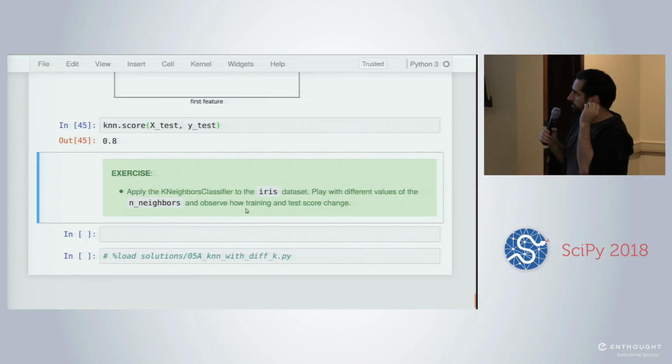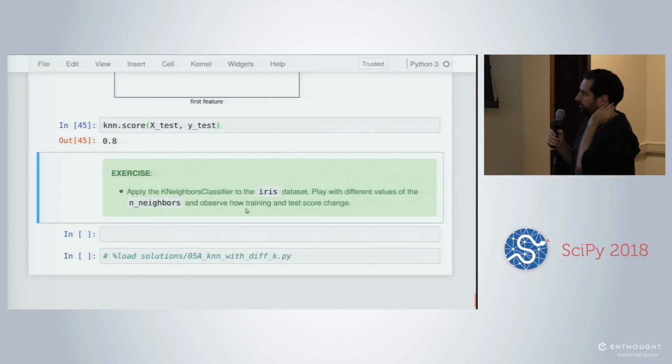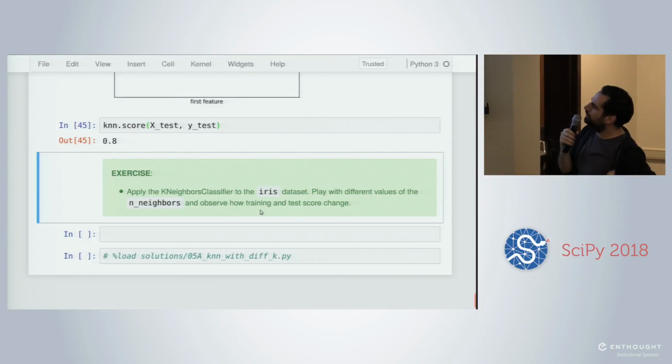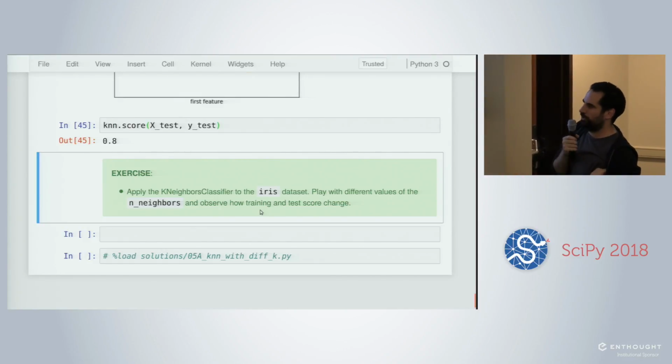For instance, if I go back to 1, because it was a corner case, we have this very weird decision boundary on our training set. I can check the score on the training set, and of course I get 1 because I learned all the data. Here's a question: try to think why, when you have n_neighbors equal to 1, the model is making perfect predictions.